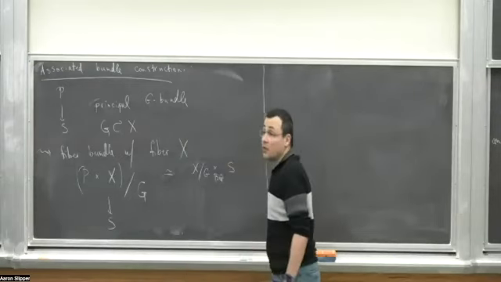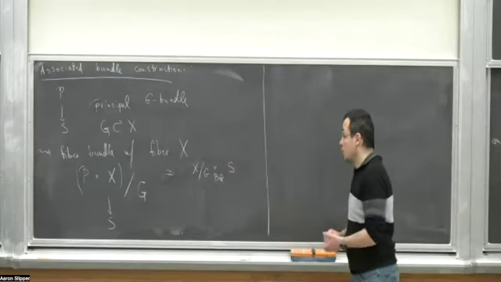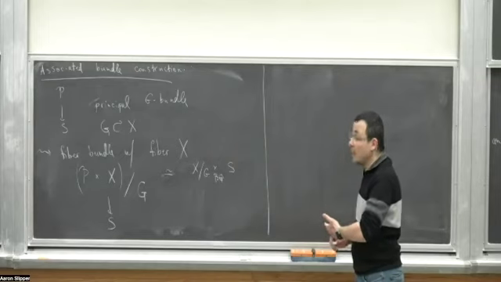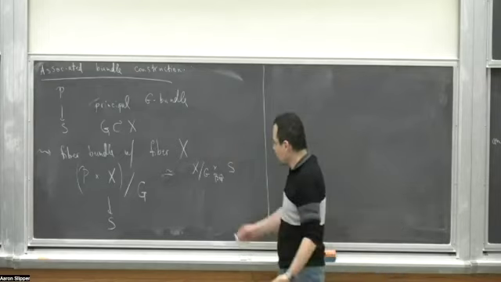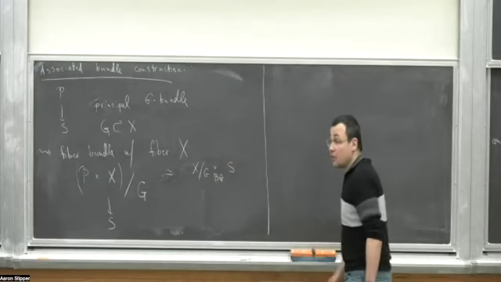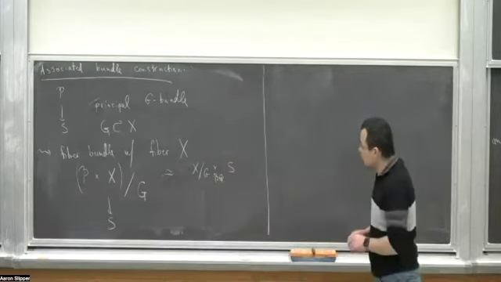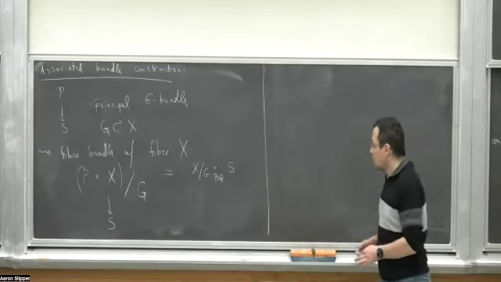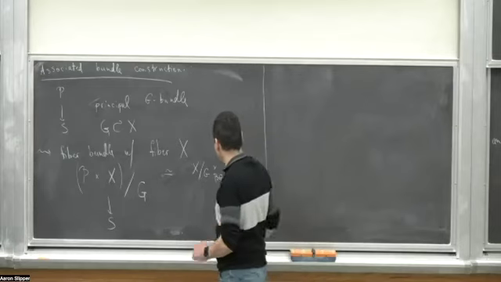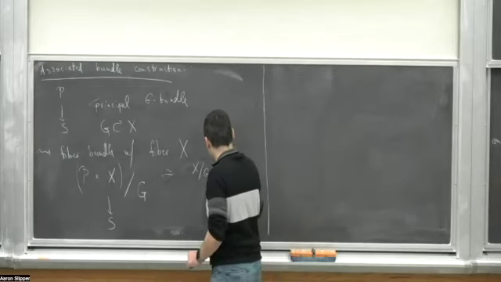With S. S maps to BG, that's the data of a principal G bundle. X mod G maps to BG because it's a quotient stack, and this associated bundle is just a fiber problem. So that's kind of the